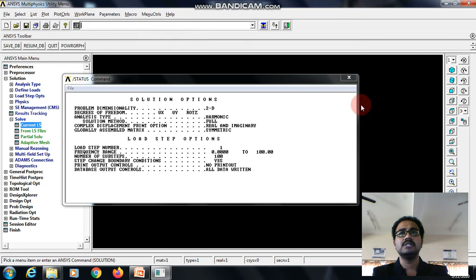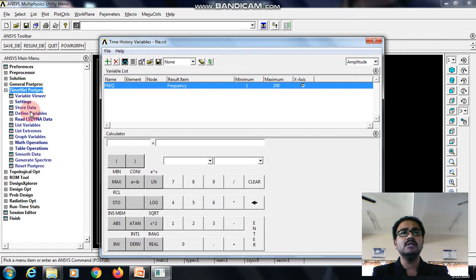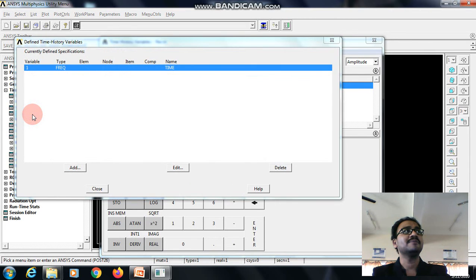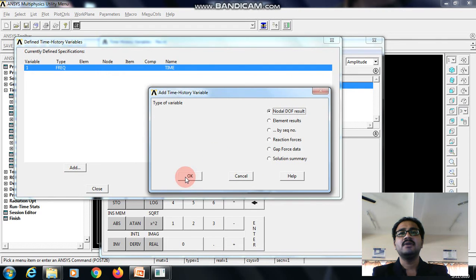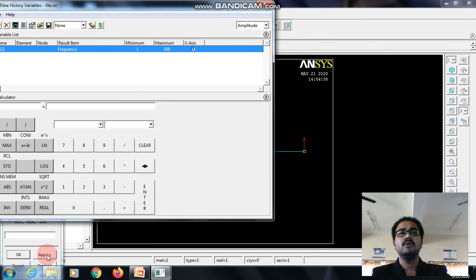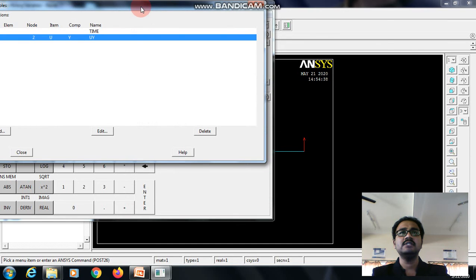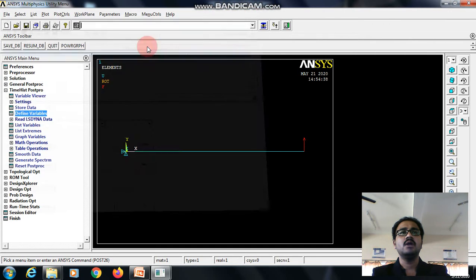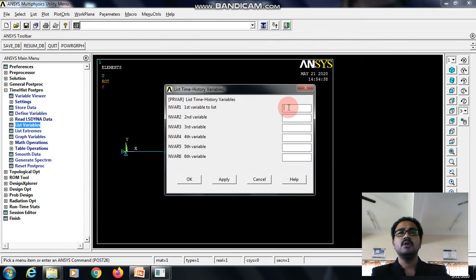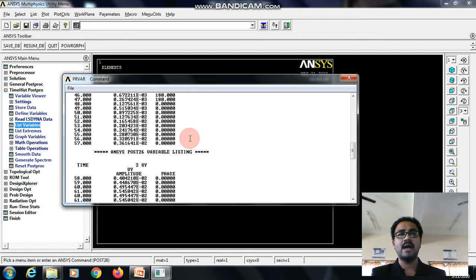Yes, the solution is done. So to view the result, go to time history post processor. In this, go to define variables, add, select OK, pick key point 2 where we need to define the load in UY direction, give OK. Once it is defined, we can close this. Now go to list variables. The first list variable is frequency and the second variable is UY, give OK. We can see the amplitudes